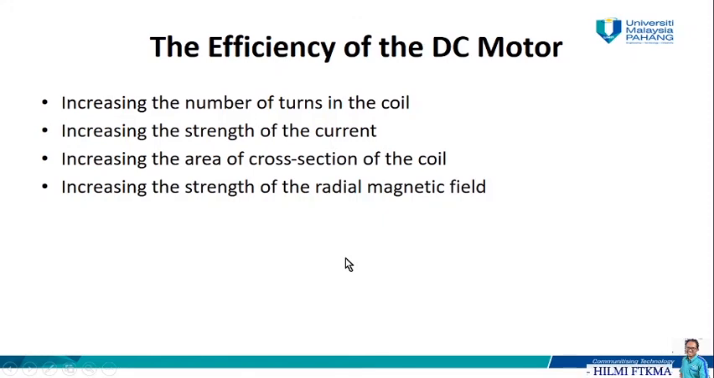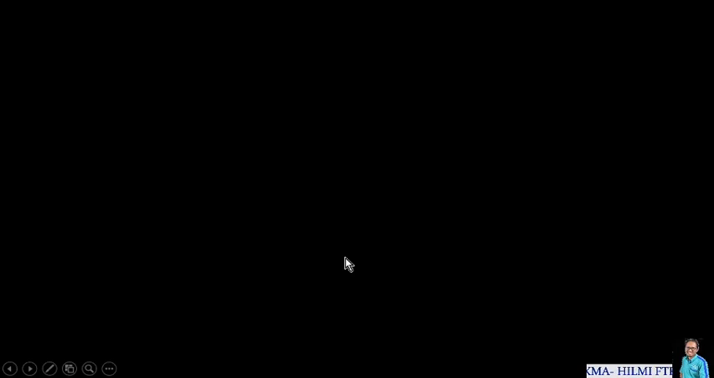So we use a much stronger permanent magnet and put it at the stator. So that's it for chapter 4. We just finished